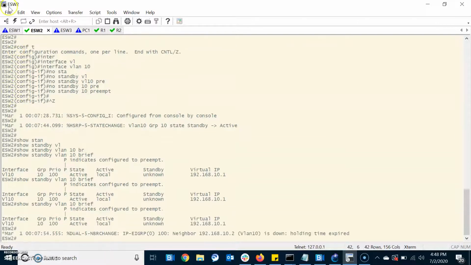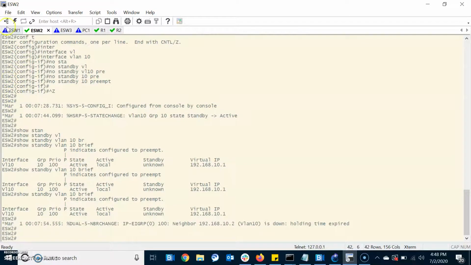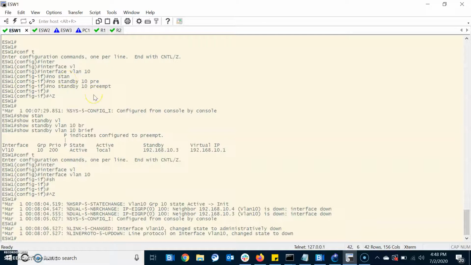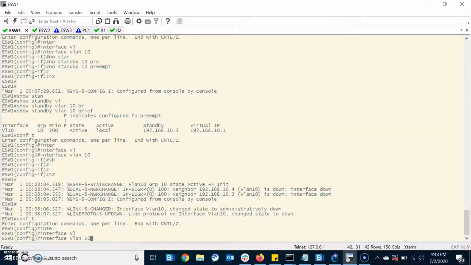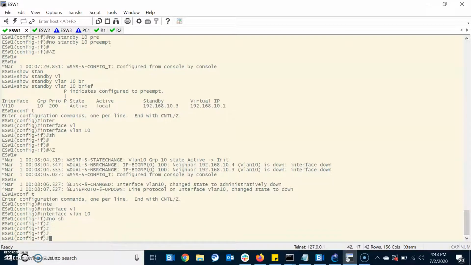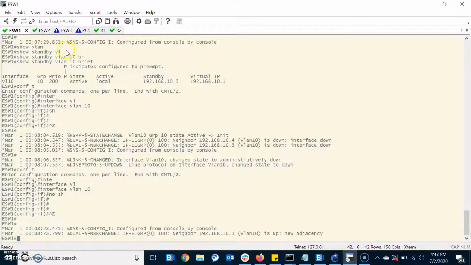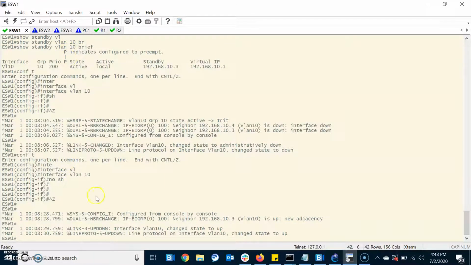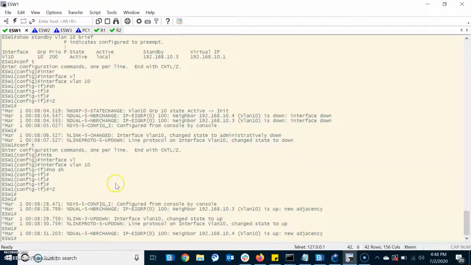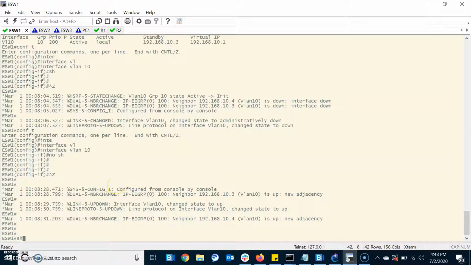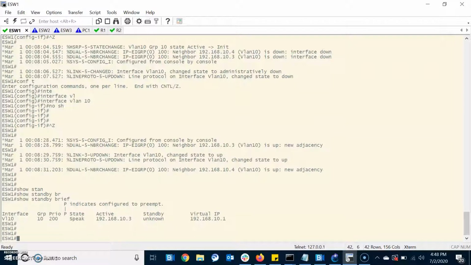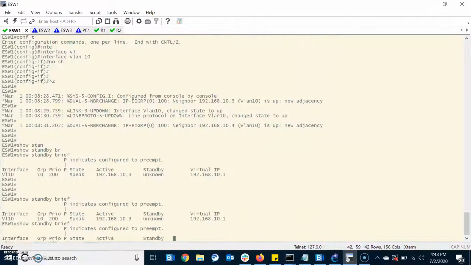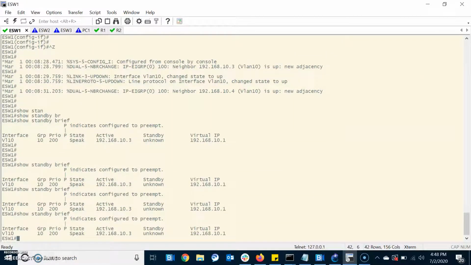That is good actually. Now I'm going to reactivate the primary router. Previously it was shut down. Interface VLAN 10, no shut. I'm reactivating the active router. You can see the changes. This active router will not come up again, because I removed the preempt feature. Show standby brief. See, it is still in the speaking stage, then it will go to standby. Still it is in standby state even though the priority is 200.